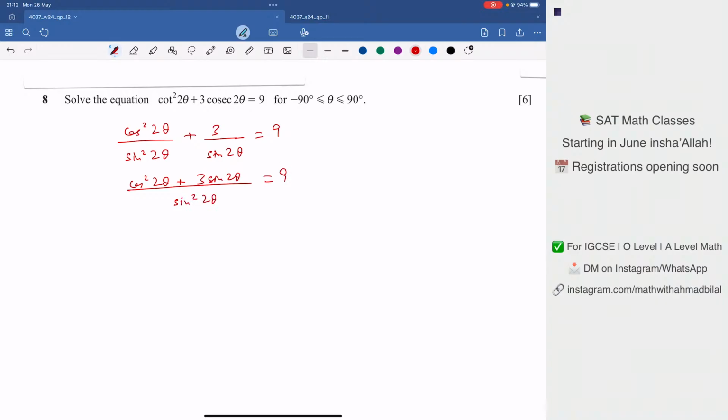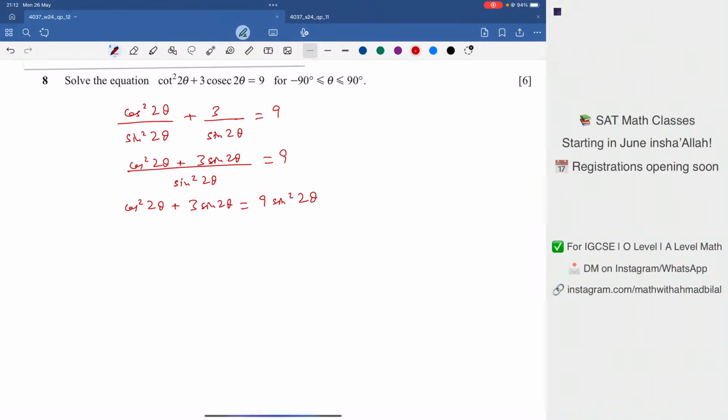Or you can just multiply the whole equation by sine square 2 theta in a single step. And that would give us something like this. Cos square 2 theta plus 3 sine 2 theta equals 9 sine square 2 theta. Take everything to one side. And that gives me cos square 2 theta plus 3 sine of 2 theta minus 9 sine square of 2 theta. Okay, so now the problem is we've got two